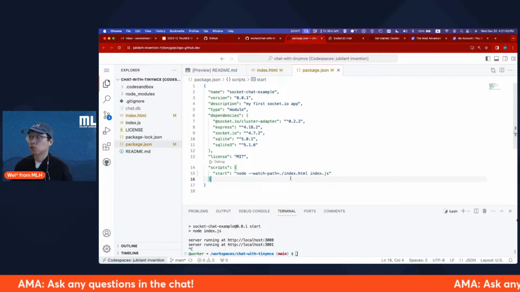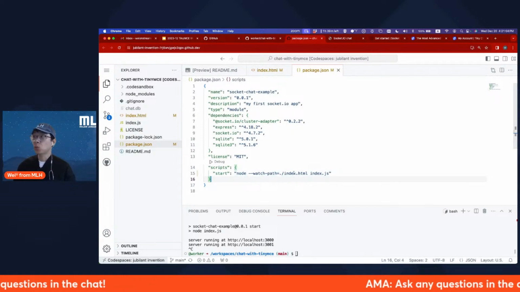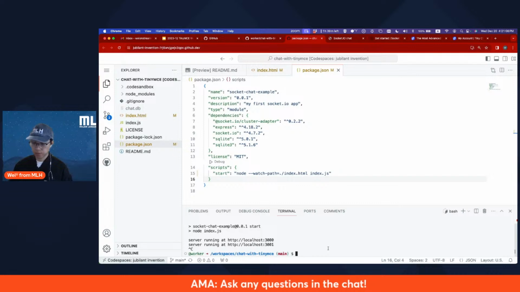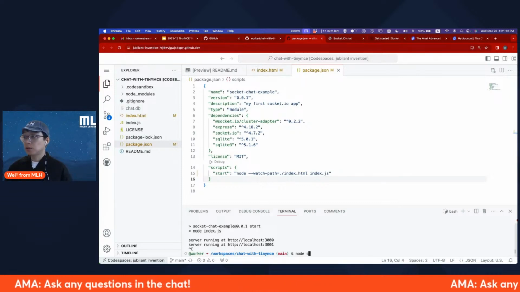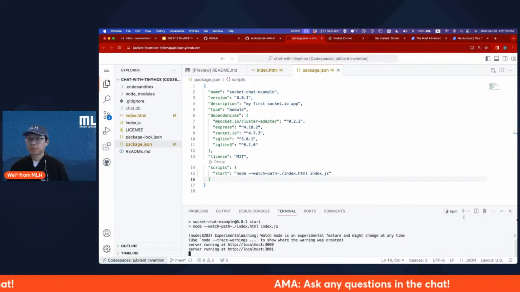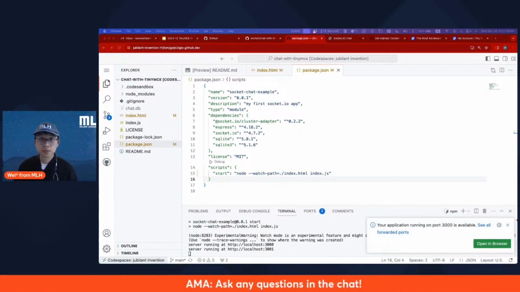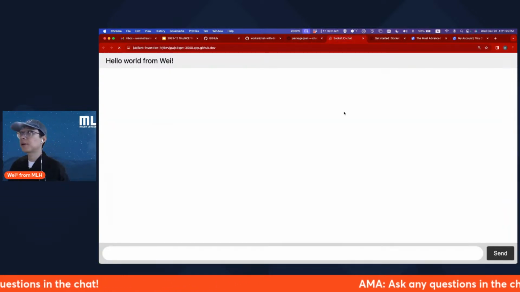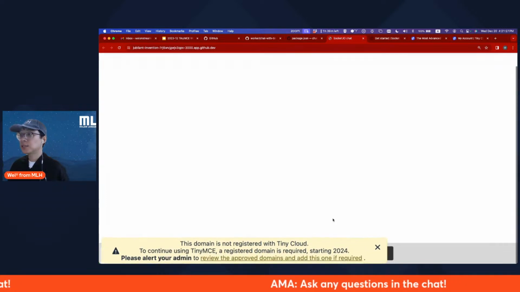But for now, I'm just going to trigger a restart when there are changes in the index.html, since that's where we're adding most of our code. Node npm start. Okay, so it is running once more. I can come here, refresh, and as you can see here,